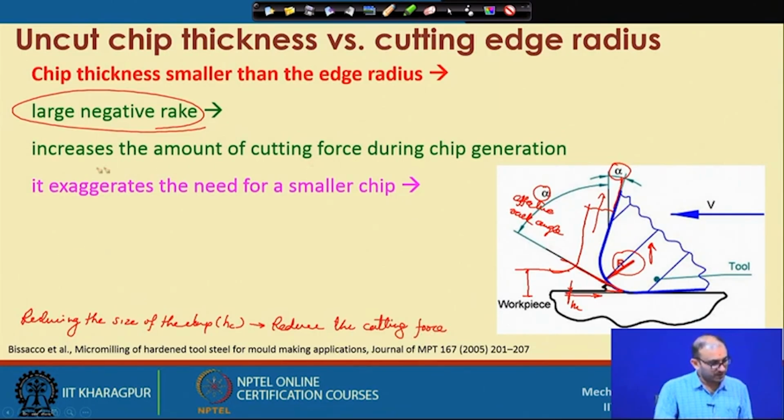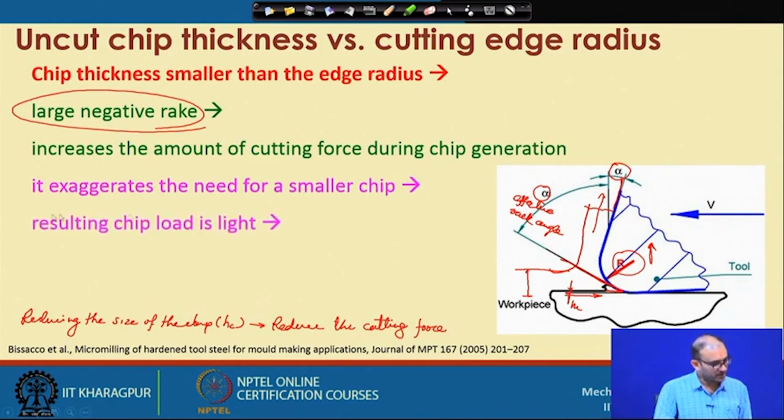So in this particular case, we know that we are ending with the negative rake angle, so forces will be very high. So to counteract this, what we have to do, we have to reduce the size of the chip. So a smaller chip is required to go through it,